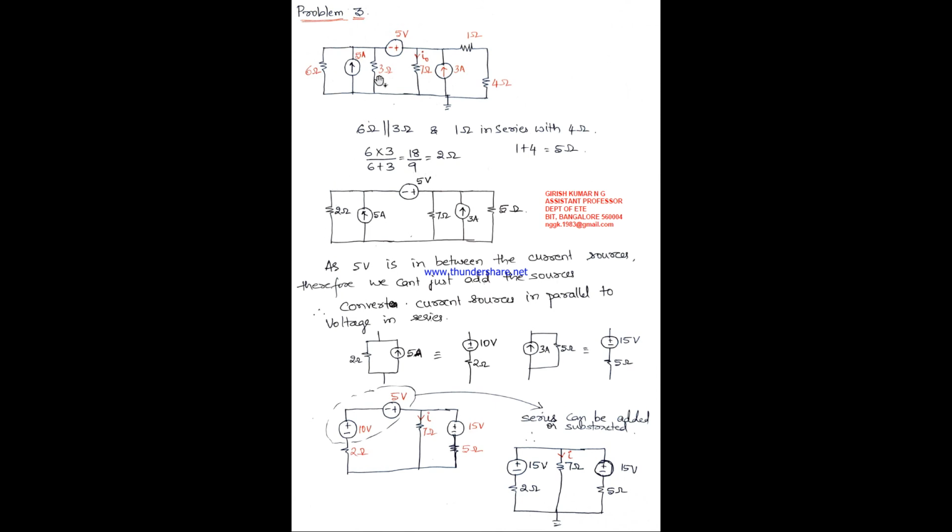Therefore, the reduced network will be 2 ohms in parallel with current source 5 amps, and then 5 volts in between this parallel circuit, where 7 ohms, and then you have 3 amps, and then 4 plus 1, 5 ohms. Now this is the reduced network. Now you check which transformation can be applied so that the current through 7 ohms can be found. So what will we do now?